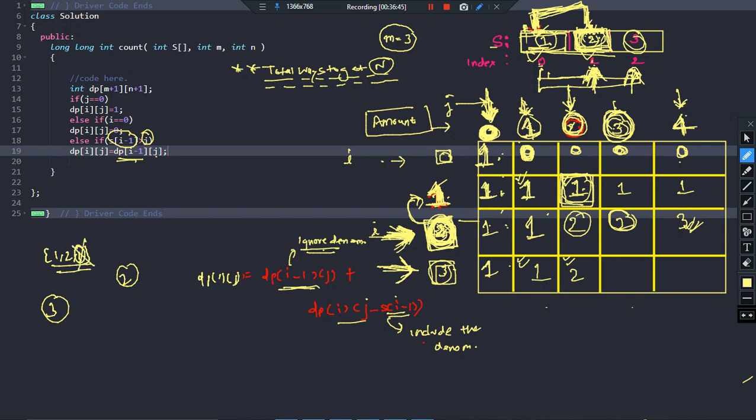Suppose you are not considering this 3. So you know that if you are ignoring these denominations, you are actually referring to the previous row. So I want dp of 3 comma 3. So one way is by saying ignore the denomination. So dp of 2 comma 3, what is the value? So dp of 2 comma 3, the value will be 2,